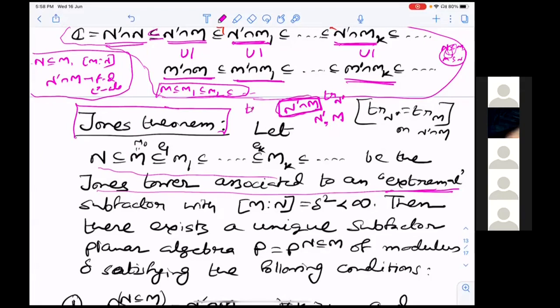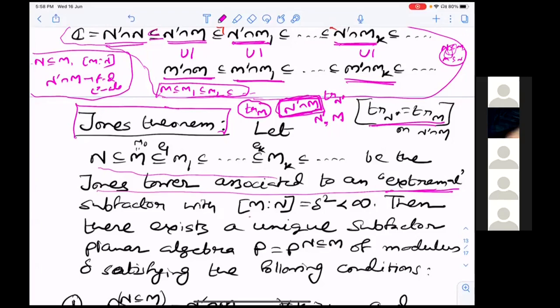Also, we can take the trace of M and restrict that trace to this subalgebra of M. But for extremal subfactors, the good thing is that both traces will be the same. So this is one equivalent definition of an extremal subfactor. And you never worry about that. These are very good subfactors.